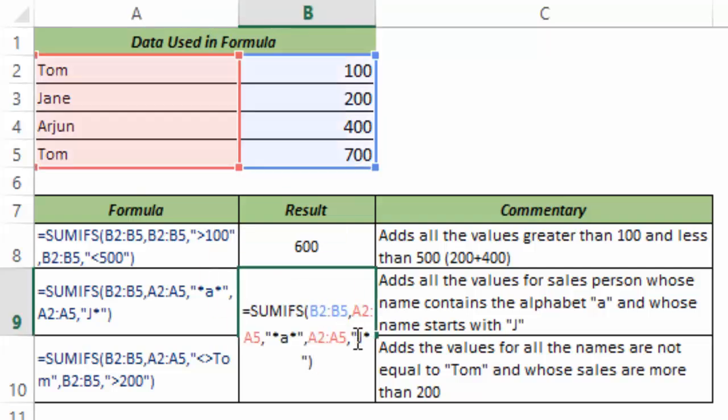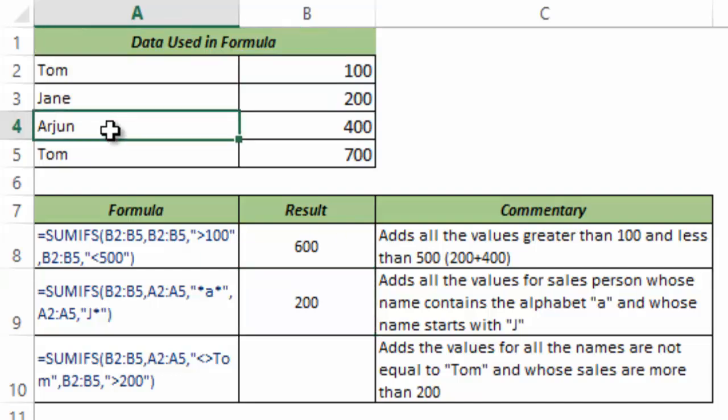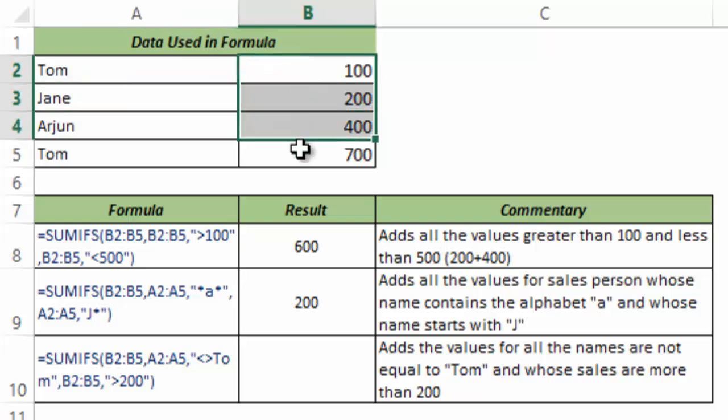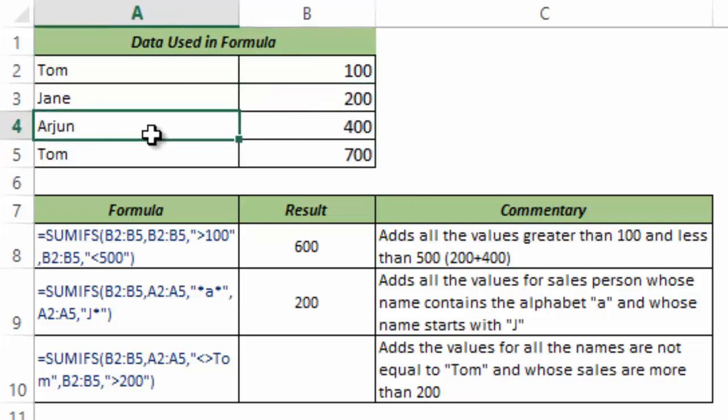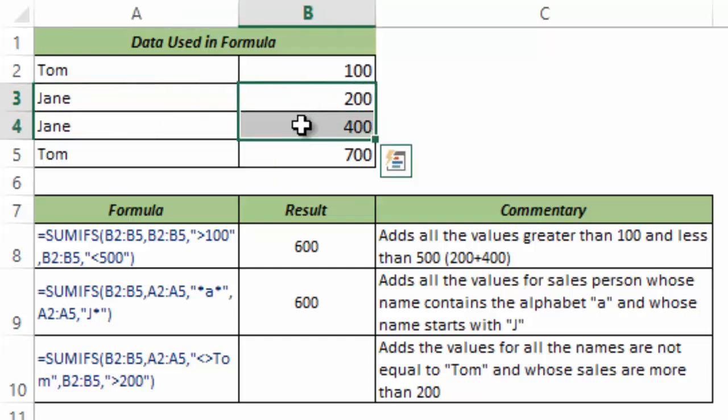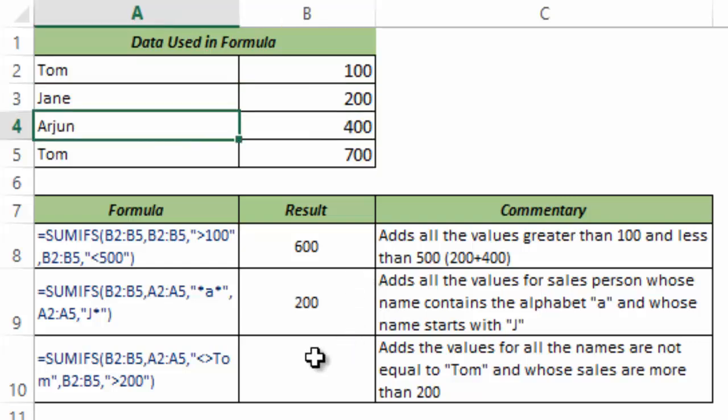Let's check for the second criteria, which says that the word should start with J. Arjun does not start with J. Only Jane is the word that meets both the criteria. So the formula goes to its sum range and fetches that corresponding value, which is 200. If I change this to Jane as well, then you can see this changes to 600, because these two meet the criteria and hence their corresponding values in the sum range are added. Let me press Ctrl Z to go back to the original thing.